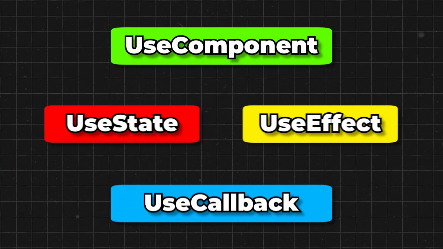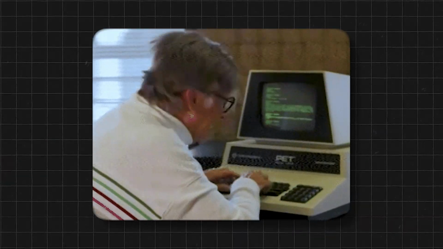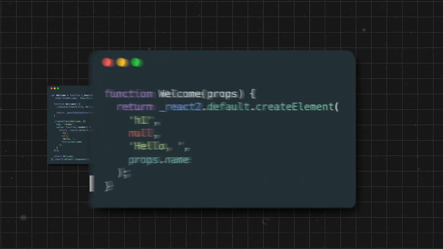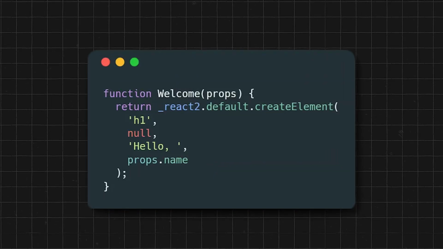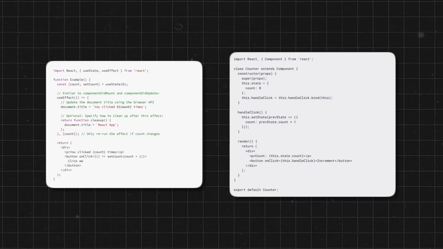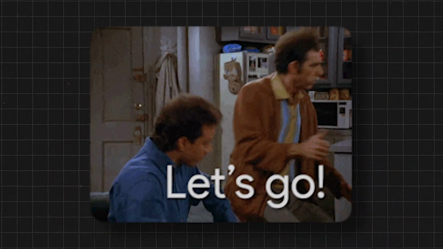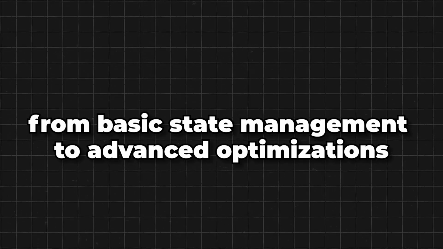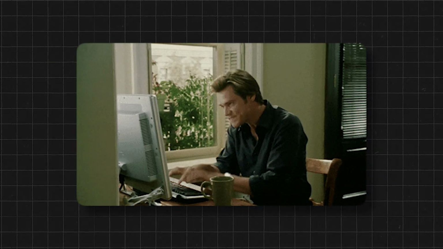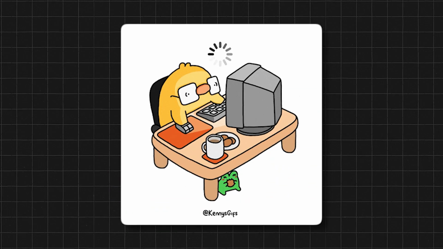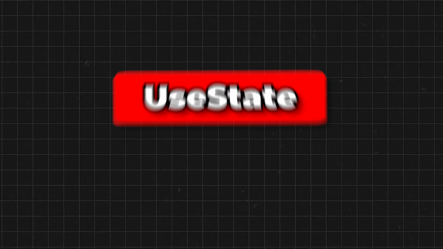React hooks are one of the most important things to know when building applications with React. It revolutionized the way developers approach the task by enabling functional components to have state and lifecycle methods. So let's explore some of the most important React hooks, from basic state management to advanced optimizations, as fast as we can so you can start using these invaluable little tools, starting with the useState hook is the foundation of